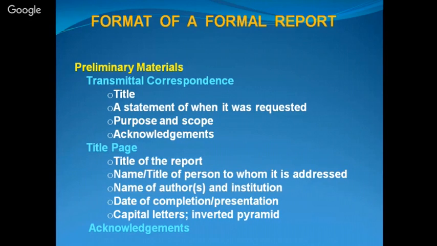Then the name of the author and the institution to which they belong. Date of completion भी आएगा, or presentation you can say. And all the title is to be written in capital letters,